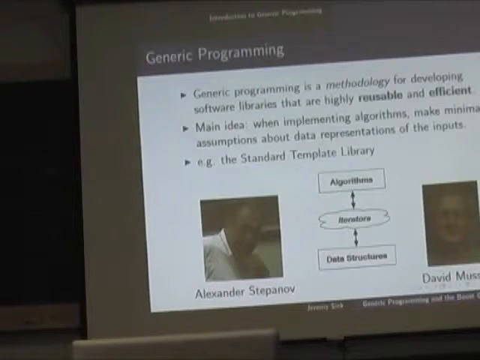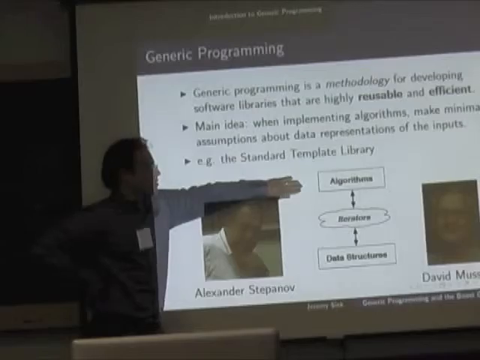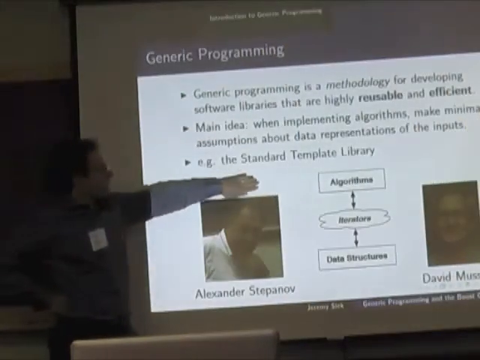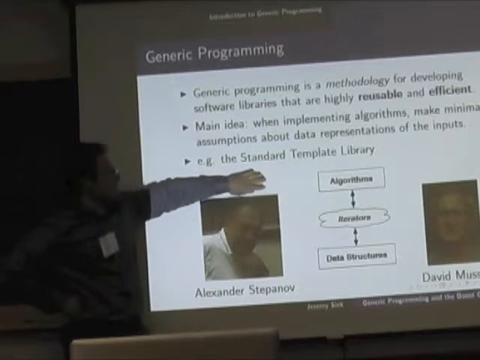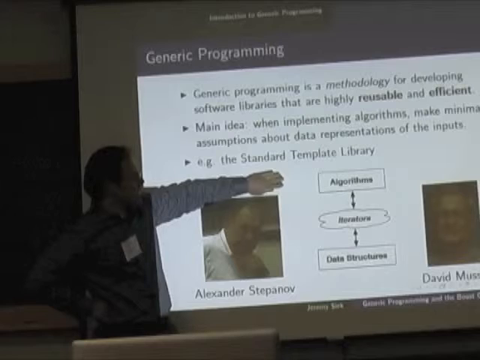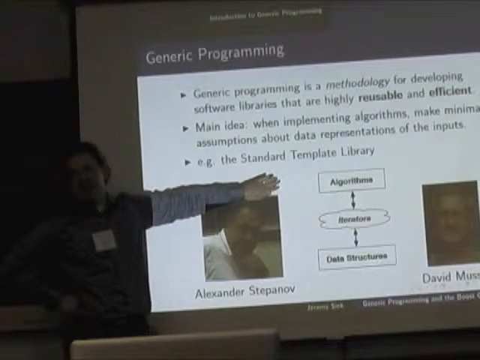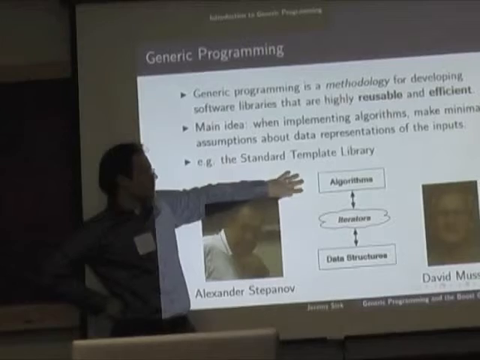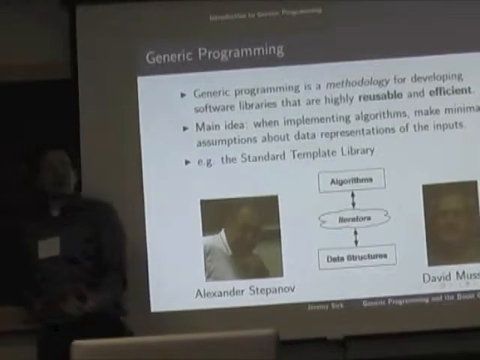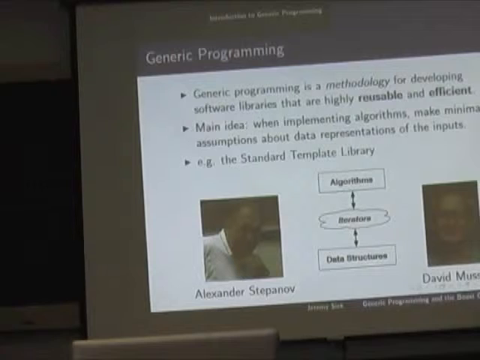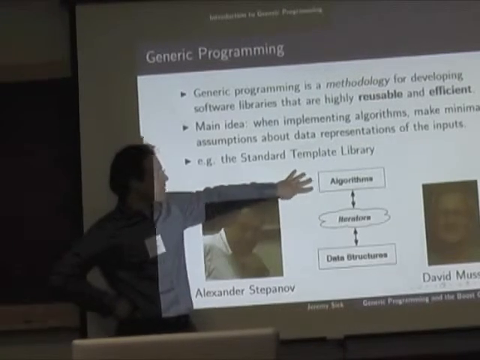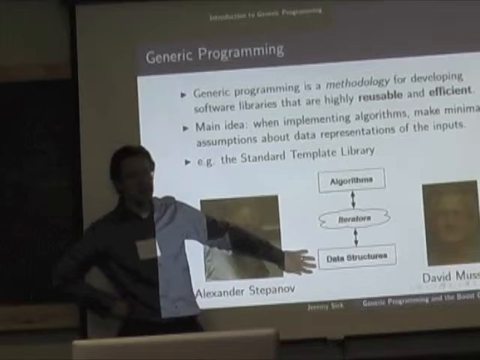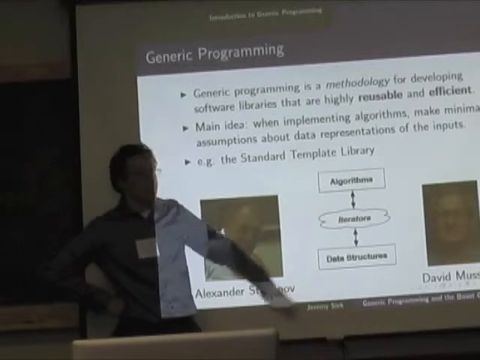And it's no surprise that Stepanov was a mathematician, because mathematicians have been doing this for a long time. Well, they're not quite so much concerned with what we think of as algorithms, but the theorems in mathematics, in some sense, are very similar in structure to what we think about as algorithms, and you want your theorems to be reusable. Okay, and to do that, you decouple your theorems from the particular things that they're about, and instead you build these new abstractions that the theorems can talk about. And that's what Stepanov was saying, hey, we need to use that same idea. We need to decouple our algorithms from the things that they're about. In computer science, our algorithms are about work over data structures.